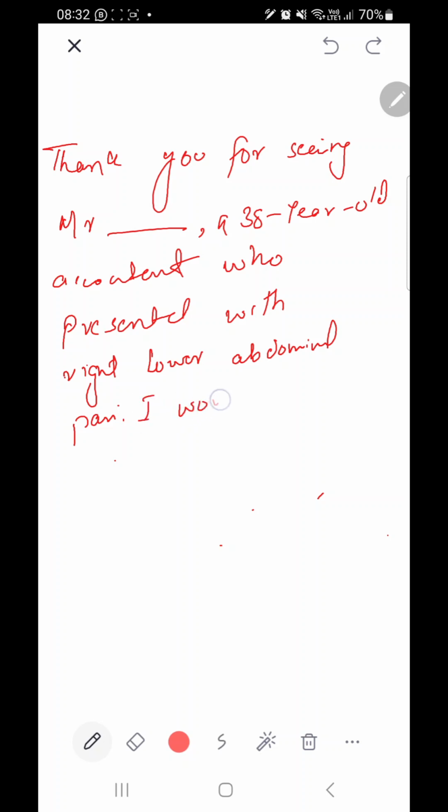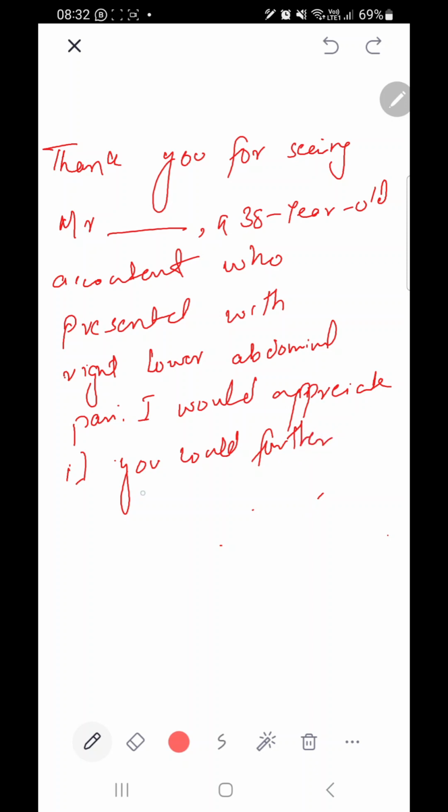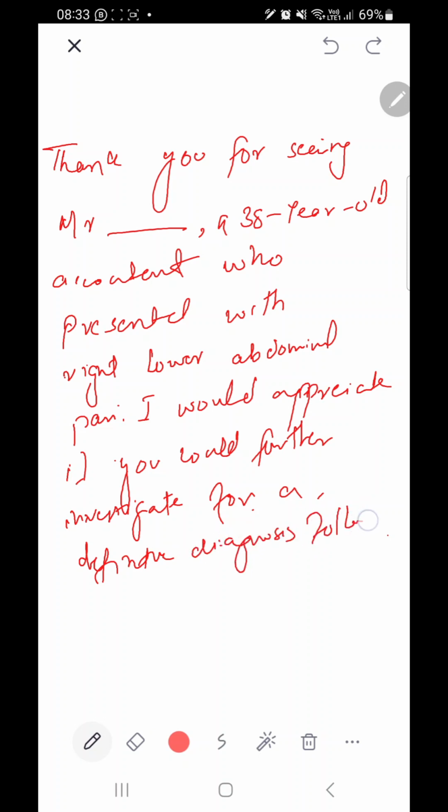So I would appreciate if you could further investigate for a definitive diagnosis followed by management, right? So you can see in this letter the first phrase that we have written is in the past simple